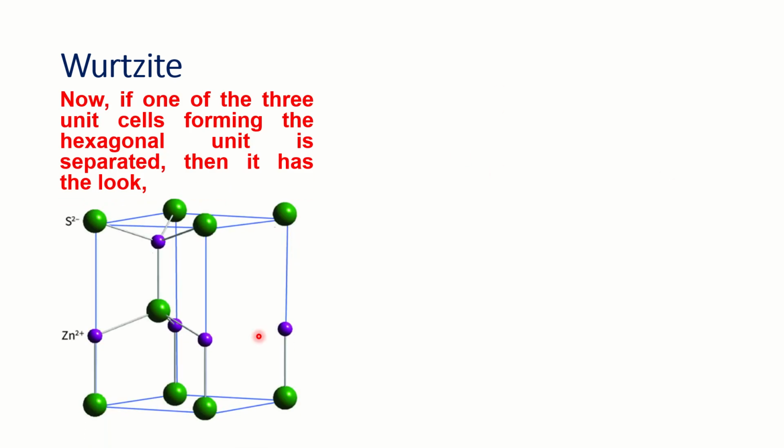this. So this is exactly one unit cell of Wurtzite structure, where this sulfide is surrounded by 4 zinc and this zinc is surrounded by 4 sulfide. And this is the trigonal prism, that is half of this unit cell. And within its body, not exactly in the middle, but in some position within the body, this sulfide is present, as well as the zinc is also present. Now, if you go to calculate the number of units within this unit cell, then the calculation should be